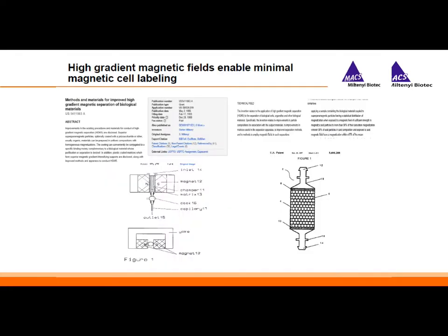So with our column technology, we have magnetic beads in our columns, and the microbeads bound to the cells will flow through the column. All these magnetic beads create an even stronger magnetic field, 10,000 times stronger with the inclusion of our columns. Once you have our microbeads bound with antibodies and you put them in solution, they're going to bind the cells, and the cells are going to be held